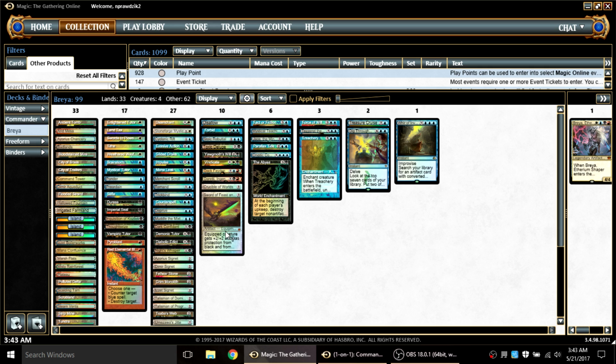So like if Treachery were, say, Oblivion Ring, it would work. But as Treachery, I don't think it does work. Again, if you know, I'd love to know. So please let me know. Another card